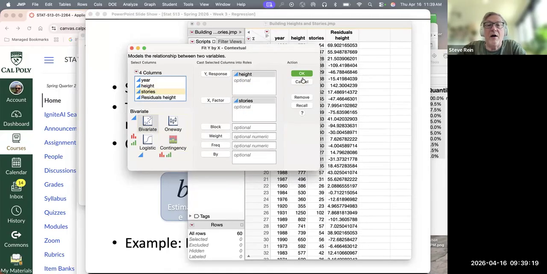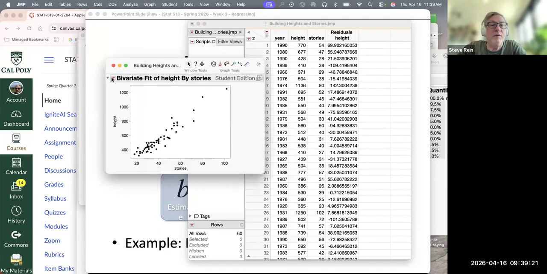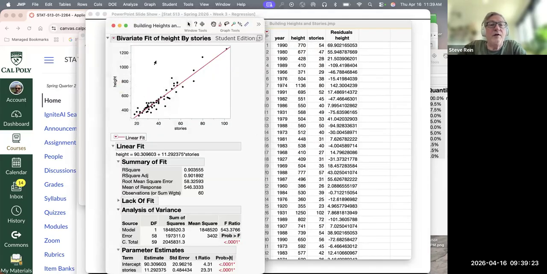Does it depend linearly on the number of floors? Fit that trend line. We check the assumptions. We're all good. Check, check, check. There is a noticeably significant relationship. Indeed, the estimate divided through by the standard error gives me a t ratio, which is highly statistically significant. We see there is a non-zero slope relating the number of floors a building has and the height of the building among buildings called skyscrapers.